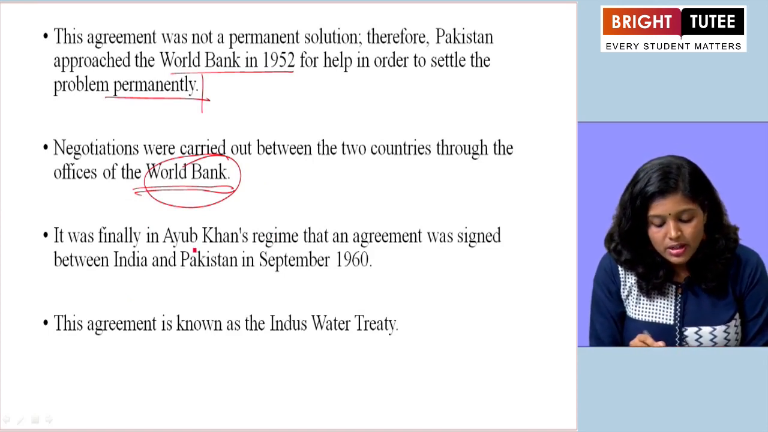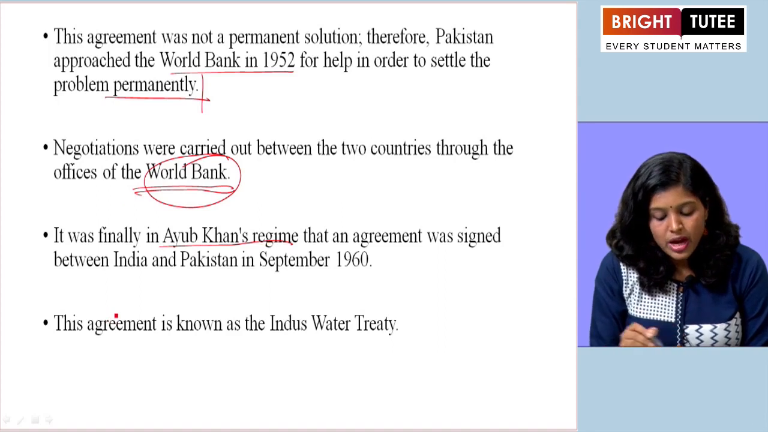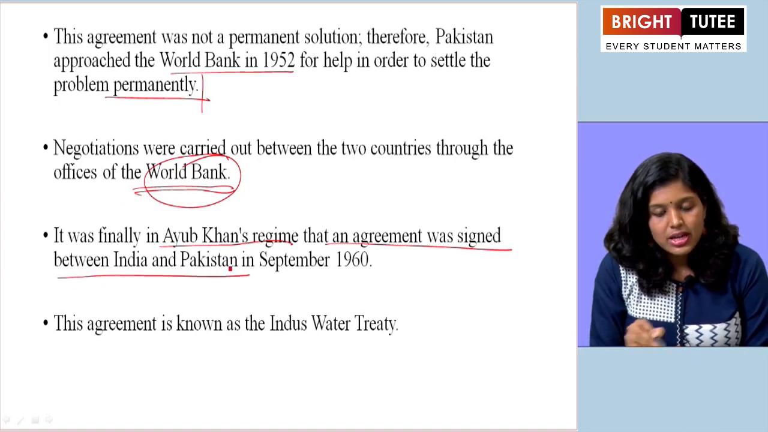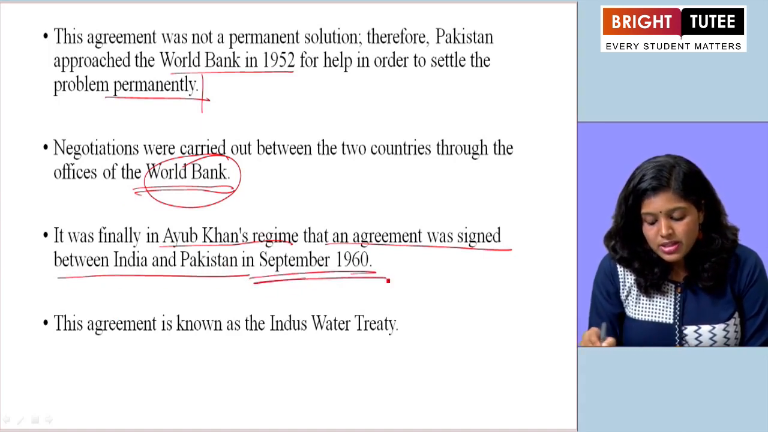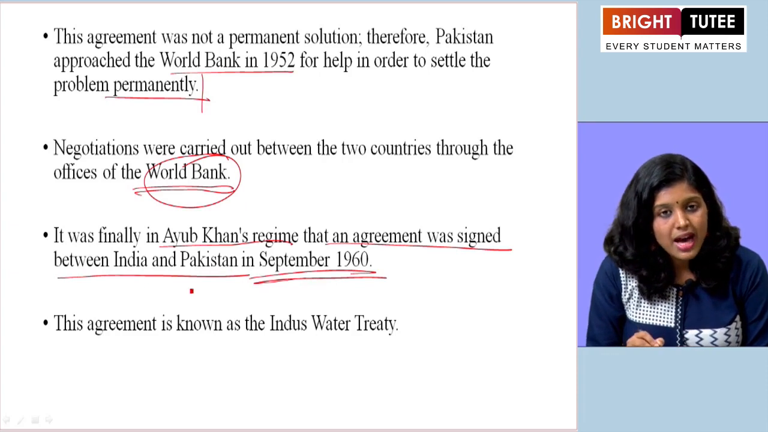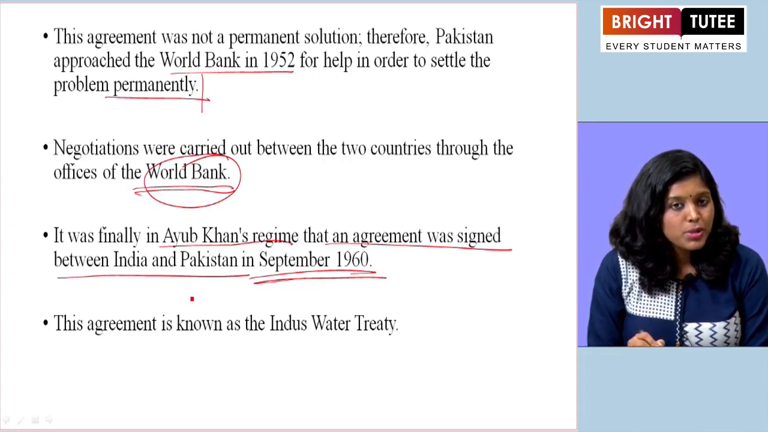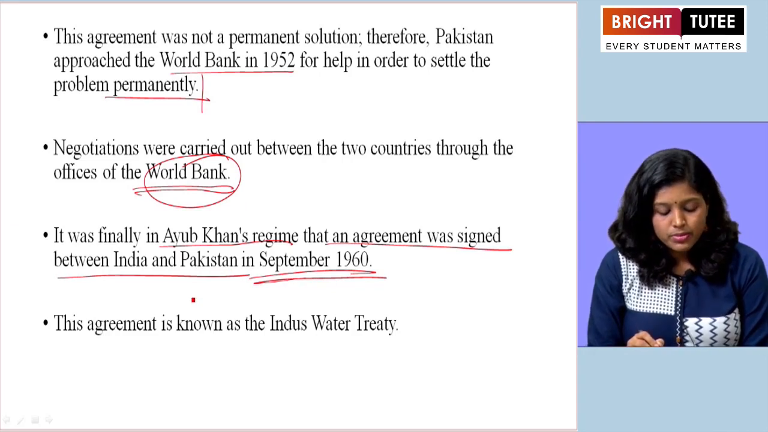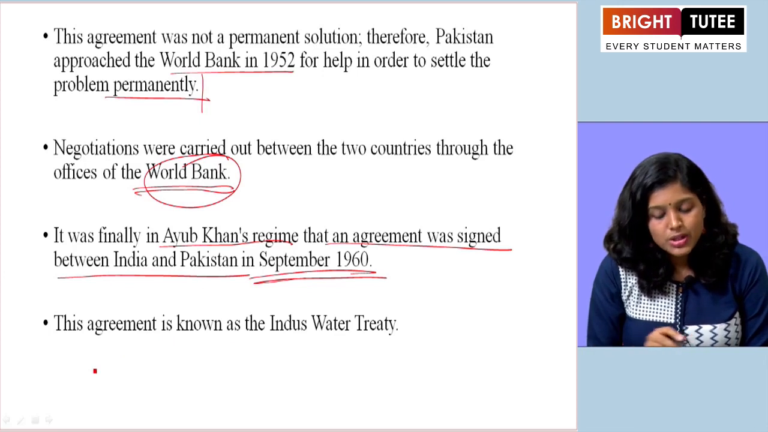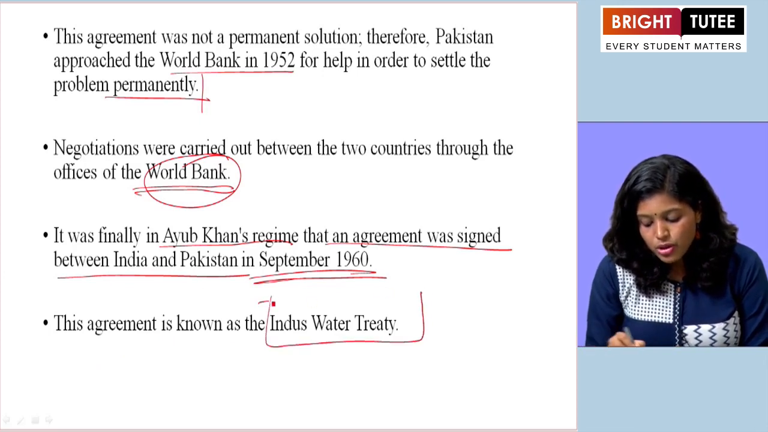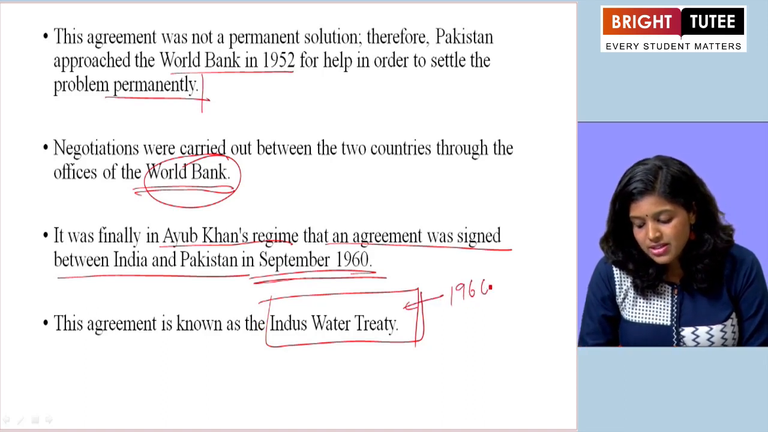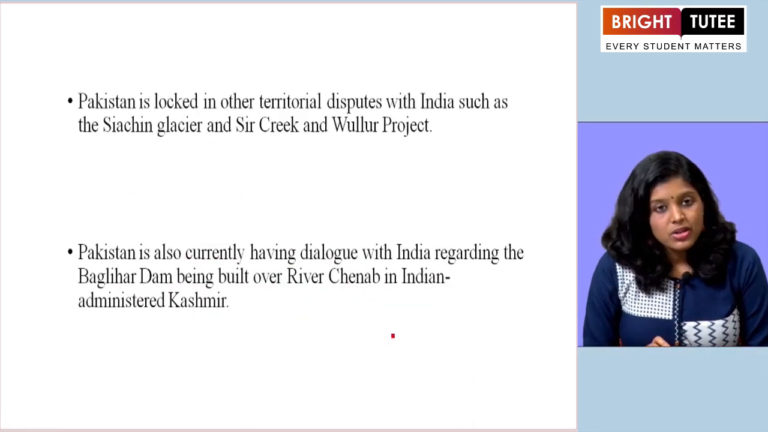It was finally in Ayub Khan's regime, when Ayub Khan was the Prime Minister, that an agreement was signed between India and Pakistan in September 1960. So, in 1960, another agreement was signed between India and Pakistan with the World Bank as the mediator. And this agreement came to be known as the Indus Water Treaty. And along with this,